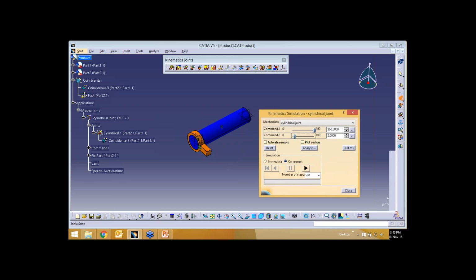See, I'll say minus 100, so it moves in the shaft direction. Minus 360. Okay, sorry, minus 100. I'll say no.